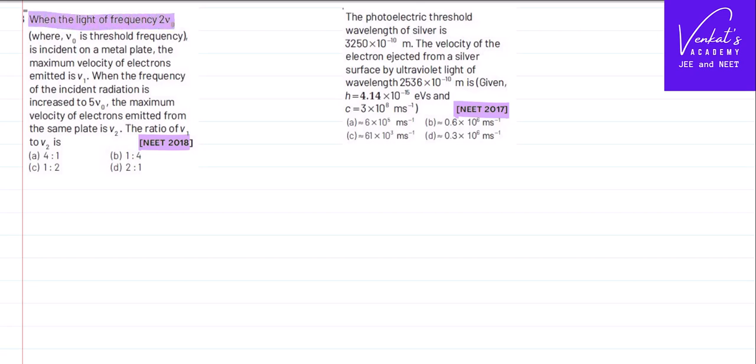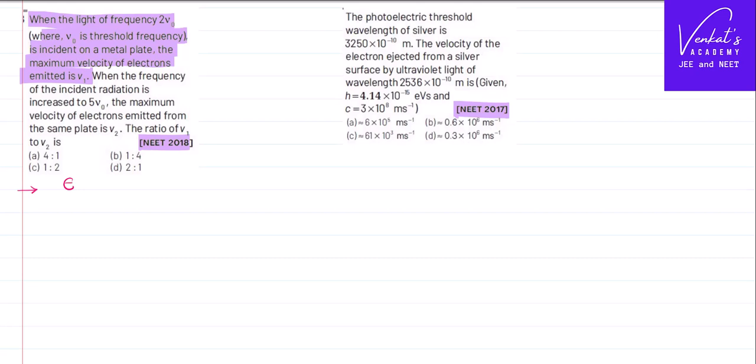When a light of frequency 2 nu naught, where nu naught is threshold frequency, is incident on a metal plate, the maximum velocity of an electron is v1. Let us try to understand what he is trying to say over there. When a light of certain frequency is incident, we shall study an equation called Einstein's photoelectric equation, according to which